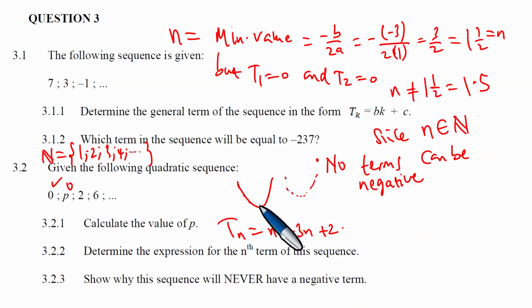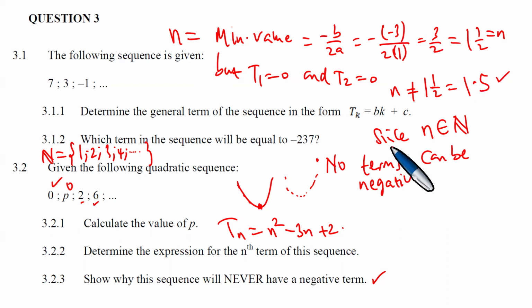So the minimum value, we want to get the negative terms, because now these are positive terms. So this will have a negative term, would possibly be the smallest one. And we're able to see that if we want to get n, we're getting a 1.5, and 1.5 is